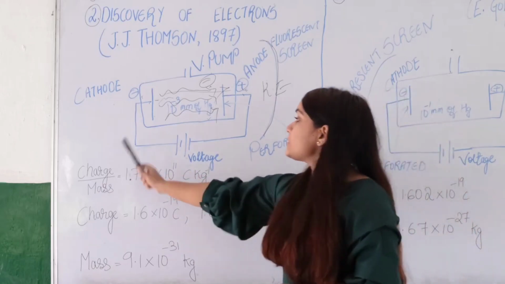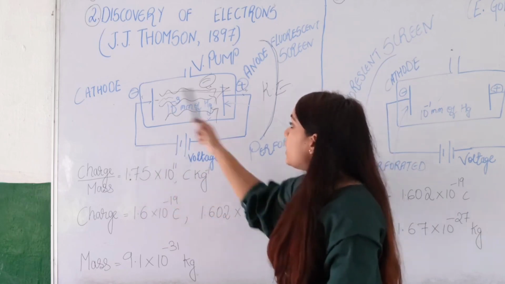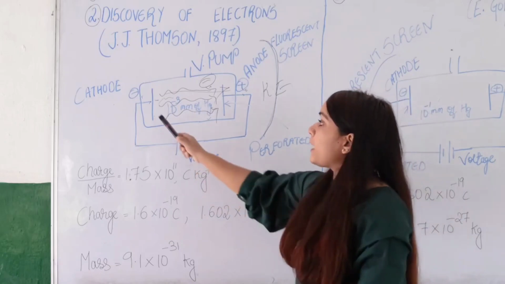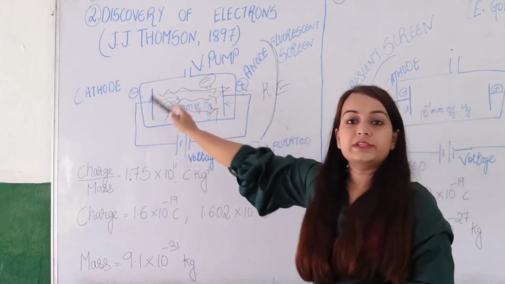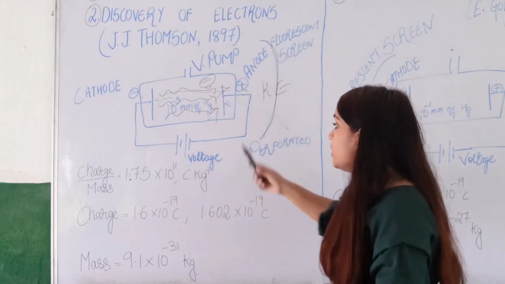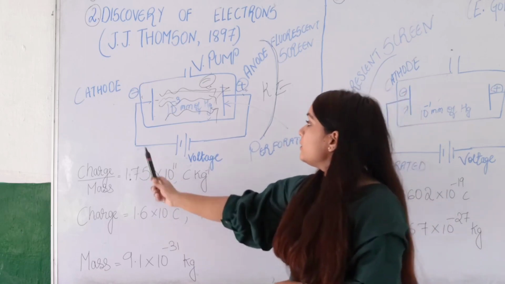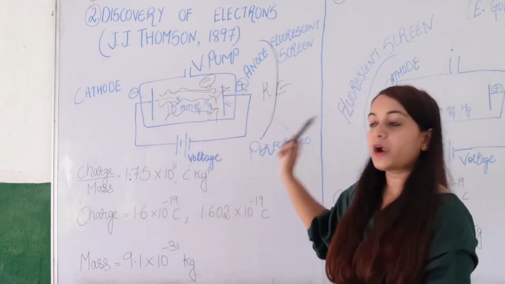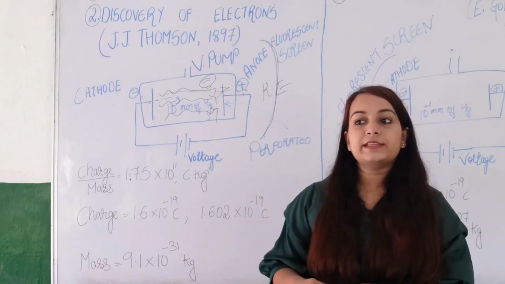So from this experiment, he concluded another thing, that these cathode rays are fundamental particles because it did not depend on the nature of the gas embedded, neither did it depend on the material of the cathode. So the second thing that was concluded here is that cathode rays are fundamental particles and it is the same for every particle. Another scientist named Millikan, in 1906 to